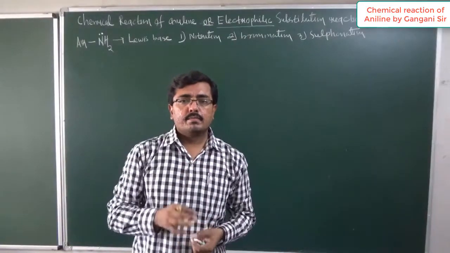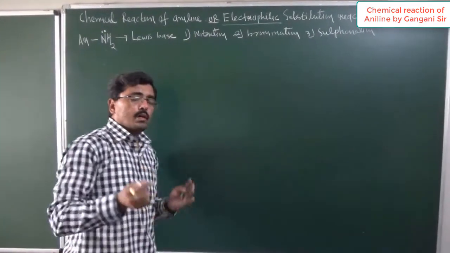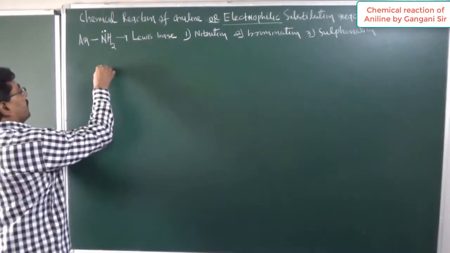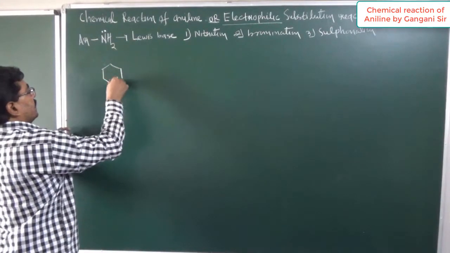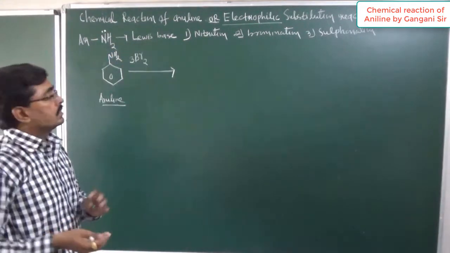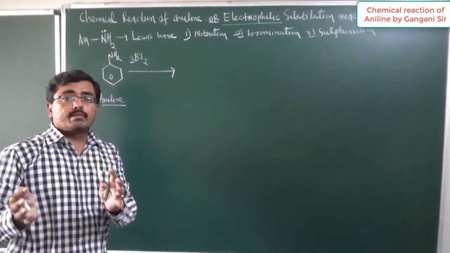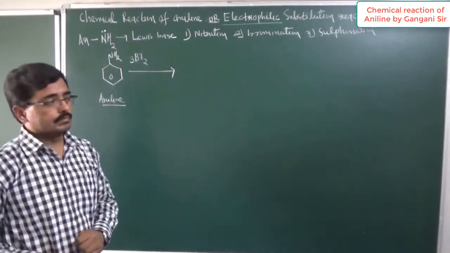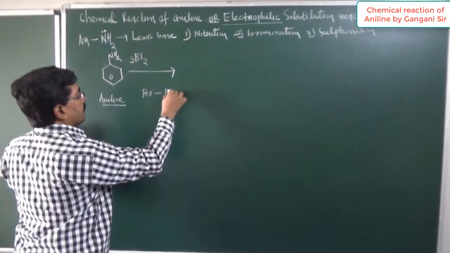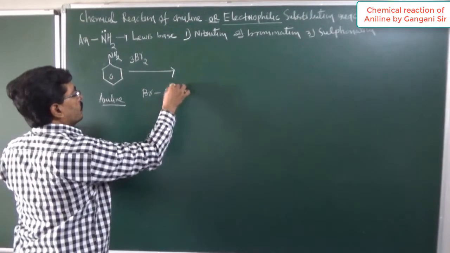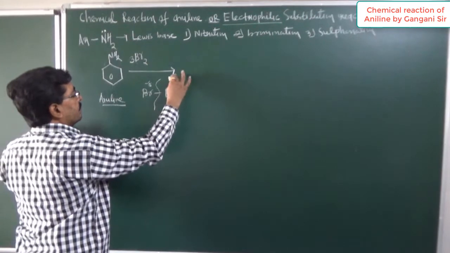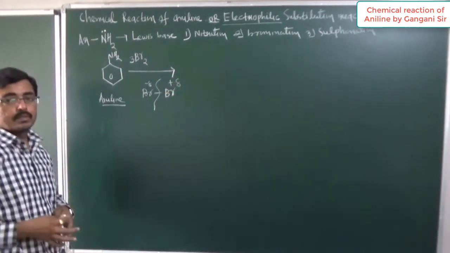Now we have to study bromination of aniline. Now bromination of aniline can be carried out very easily. First we have to take aniline and just we are preparing solution of aniline. Now this aniline is allowed to react with 3 moles of bromine. So now bromine giving us 2 type of ion, electrophile as well as nucleophile. By disproportionate reaction, one will get partially negative charge, one will get partially positive charge.